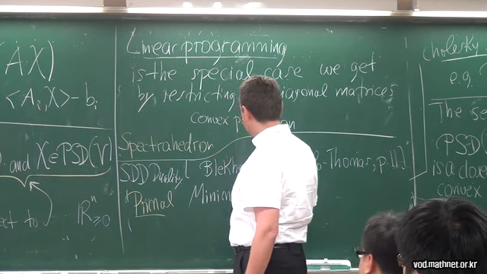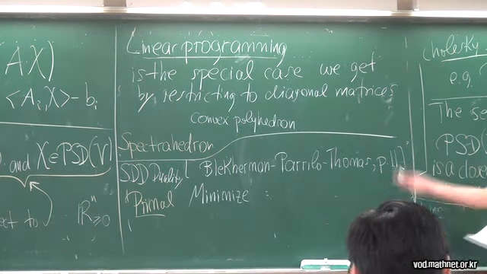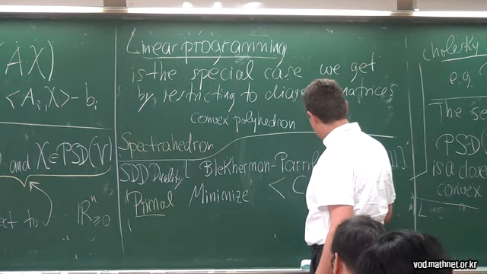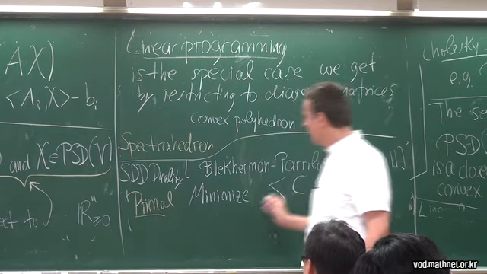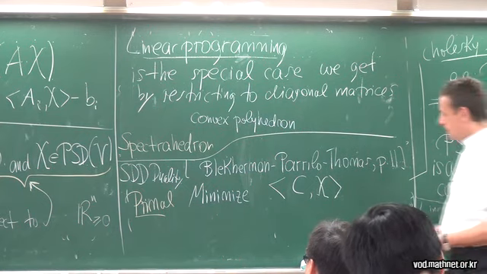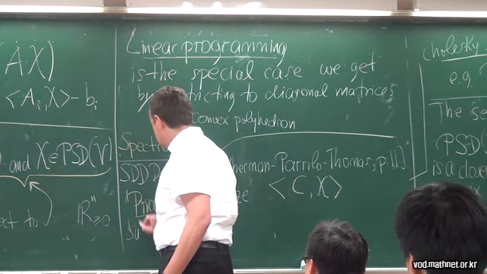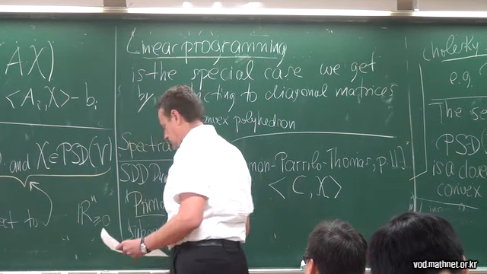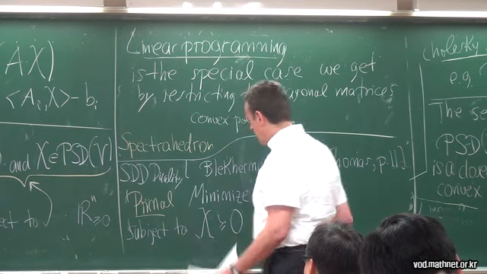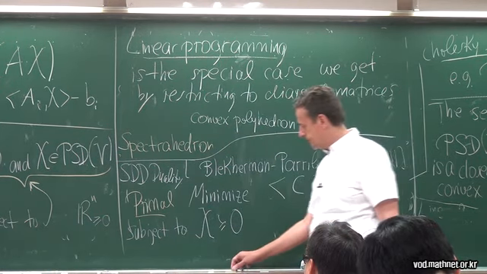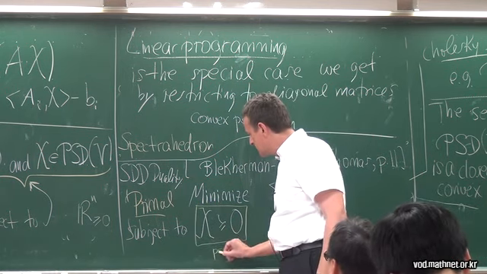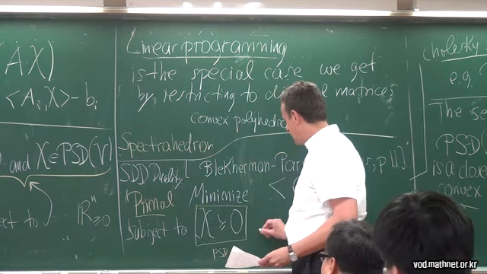So in their formulation, you don't maximize a linear function, but you minimize a linear function. And the cost function is called Cx rather than L0. Okay, so you minimize a linear function given by a cost matrix C, subject to X ⪰ 0. So this means positive semi-definite. Okay, so saying X ⪰ 0 just means that X is in the PSD cone,